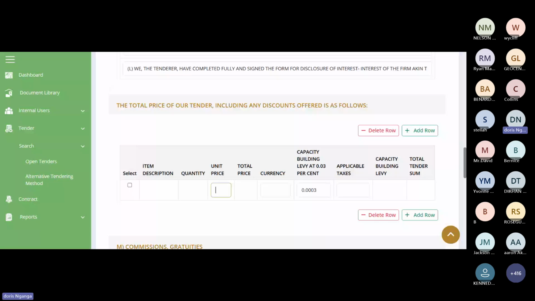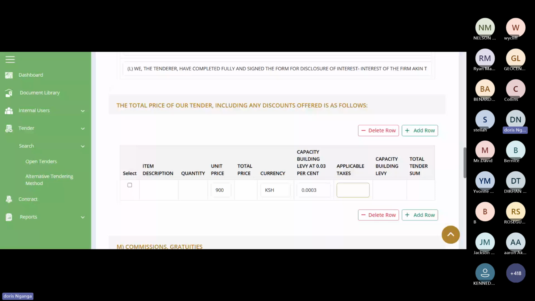So for instance, my first item was printing papers. I can come here and say, for 1 ream of printing papers, I'm offering 900 shillings. The currency is Kenya shillings. And then applicable taxes. In the Kenyan government, our applicable tax is 16%.